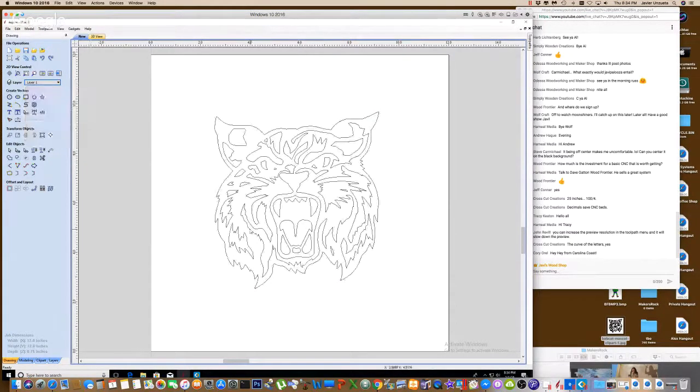This is the bitmap layer. Now, as I've shown you in the past, if I go to the nodes, you're going to see that it's